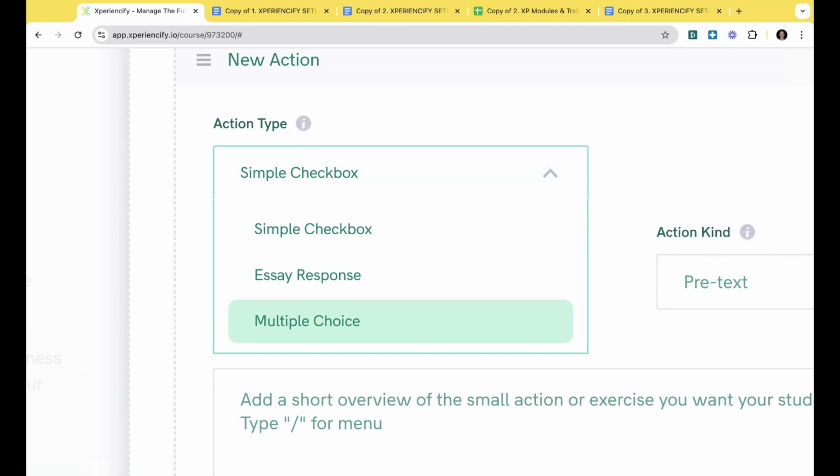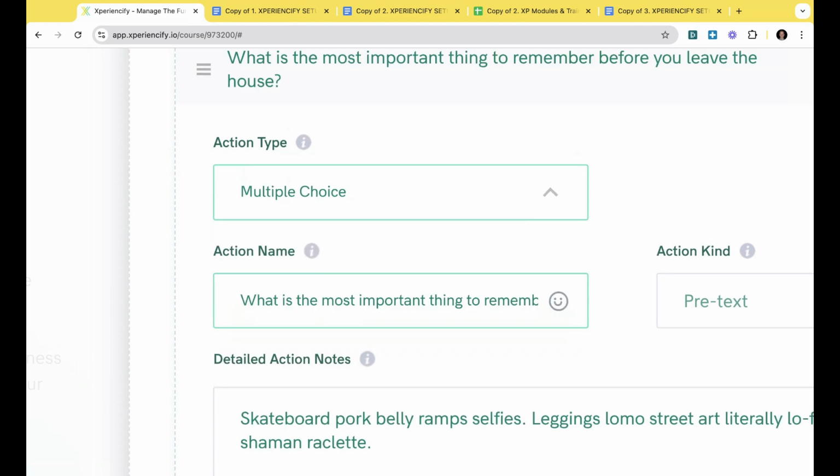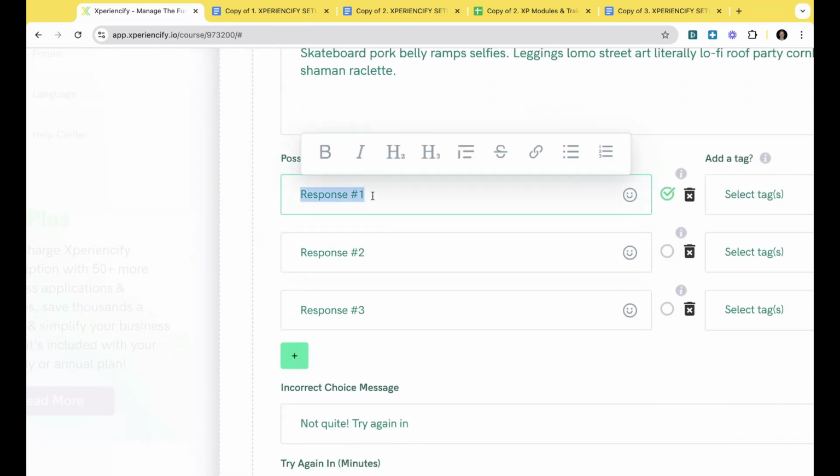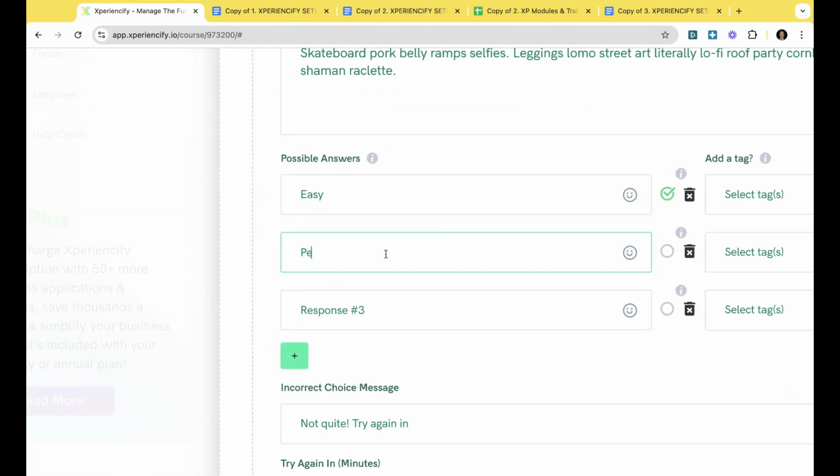But it's also a way for you to have a choice about, hey, how hard did you find this challenge? So the multiple choice, if I choose that, you come down and you look at the different responses. Did you find this was easy, this was perfect, or this was too hard?